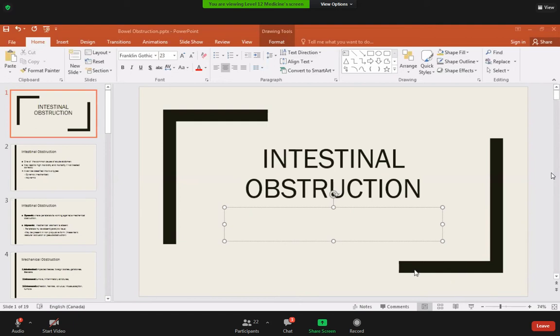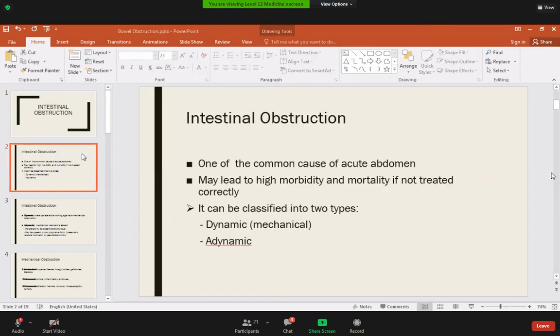Small lecture. It's again one of the common causes of acute abdomen. Usually the patient presents with acute abdomen, and it is one of the cardinal symptoms of intestinal obstruction. It may lead to high morbidity and mortality if not treated correctly. And broadly classifying, we divide into two categories: dynamic obstruction, or you can call it a mechanical obstruction, or obstruction